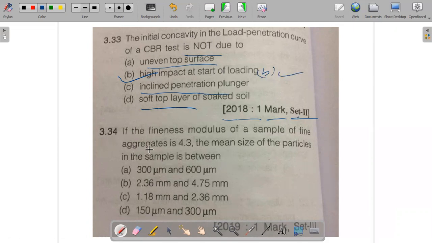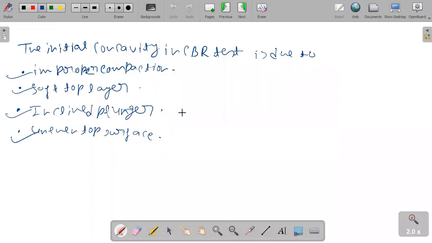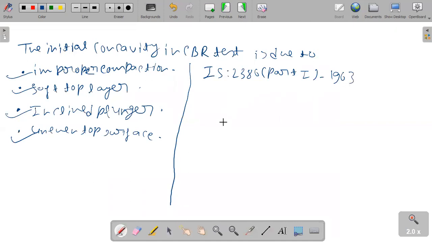So our next question: if the fineness modulus of a sample of fine aggregate is 4.3, the mean size of particle in the sample is? Before that, let's see one thing about sieves. As per IS 2386 Part 1 of 1963, we have sieves like 150 mm, 300 mm,